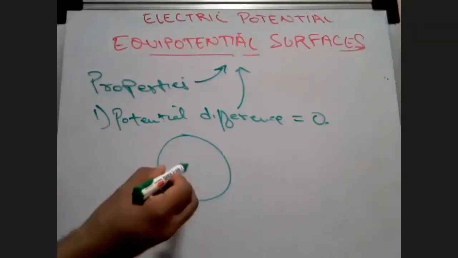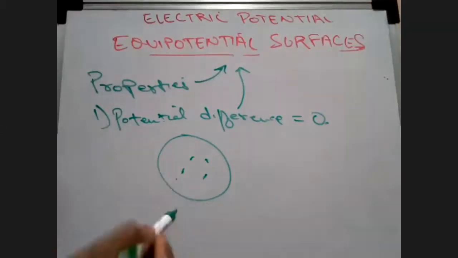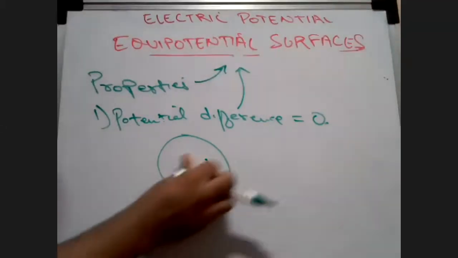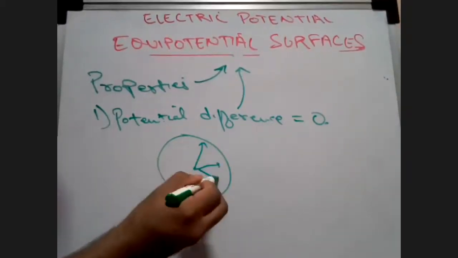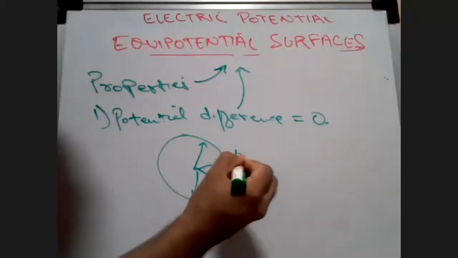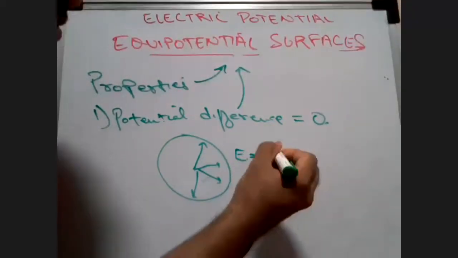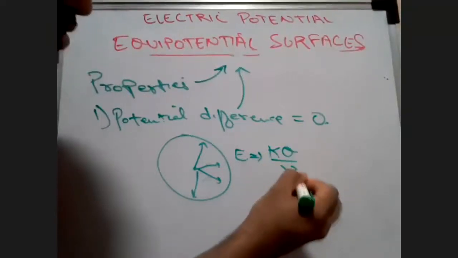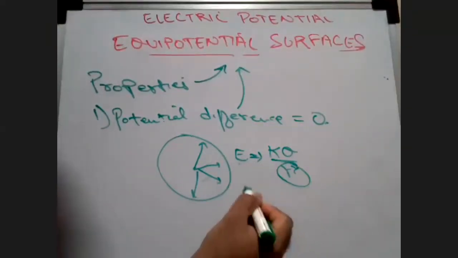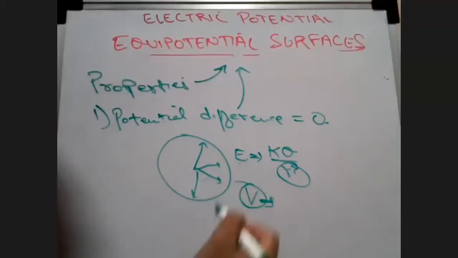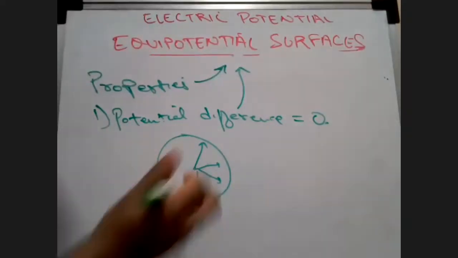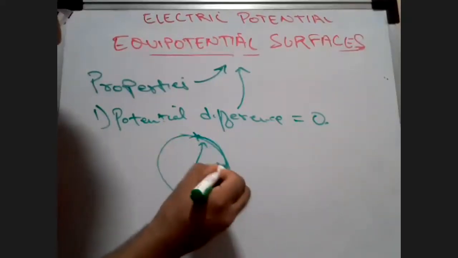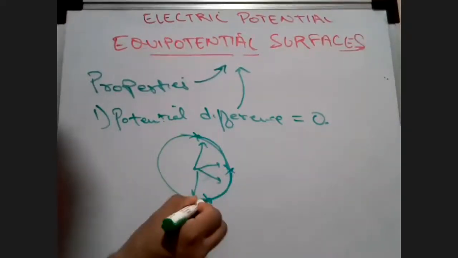Now don't tell me that an equipotential surface can be anywhere in between. No, it is not that. Equipotential surface means the points are at a fixed distance from the charge. Yes or no? They are a fixed distance away from the charge, because what is E equal to? Suppose it is kq by r square. So E will be constant only if r is constant, and then you can find that V will be constant in a similar fashion. So equipotential surfaces are constant at every point on the surface. Is that clear? Any doubt?